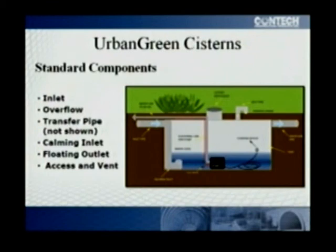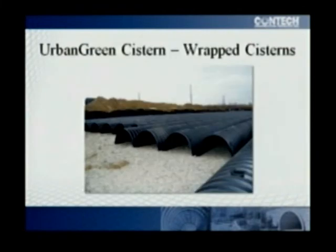I mentioned the Duramax pipe, the steel reinforced polyethylene. We use a lot of that on these systems. Concrete vaults, we've designed large concrete vaults with some of our different solutions there. So there's a lot of ways you can store the water. That's one little piece of it, and you can see as you go through, there's some other options using the